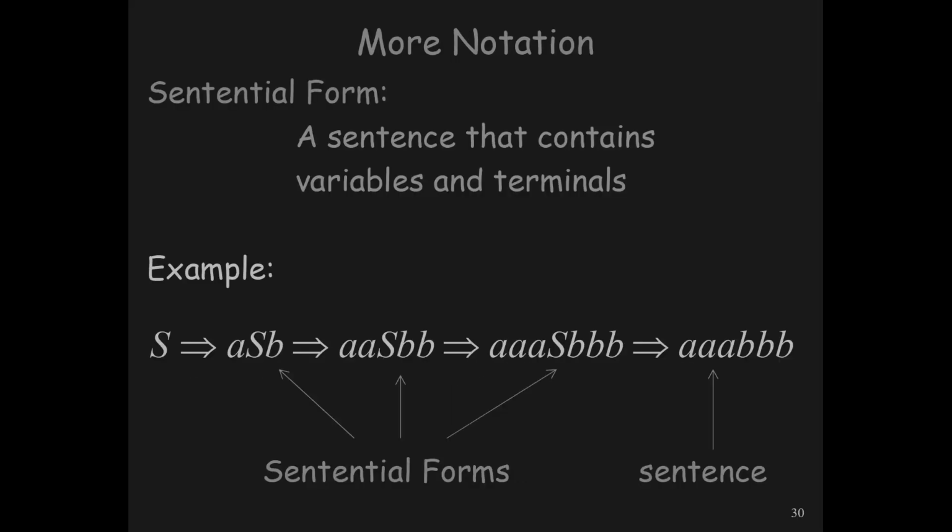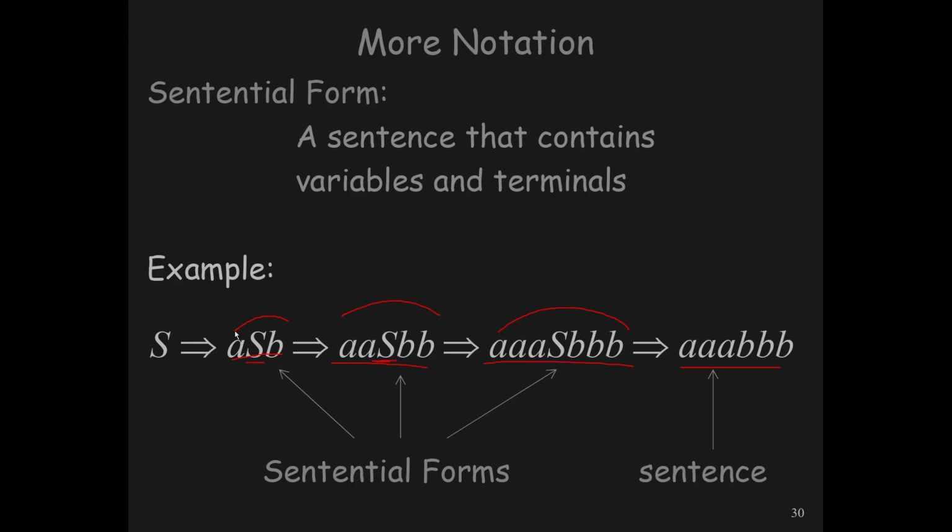Now, I mentioned this earlier. Sentential form is a term used to describe a sentence that contains variables and terminals. A sequence of variables and terminals. So all of these are sentential forms because even though they do have terminals, they also have variables. So these cannot be considered the final string. This sentence is the final string. So these are not outputs of the grammar. ASB is not an output of the grammar,